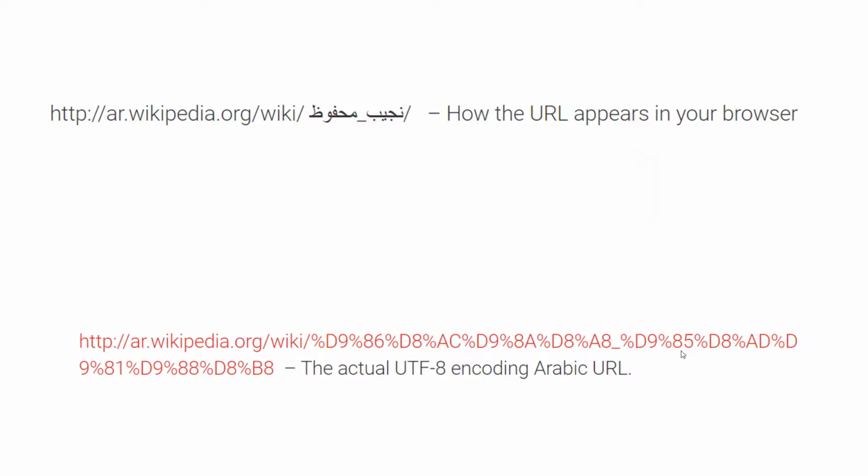Number 4 relates to issues with Arabic URLs. So oftentimes, because of how Arabic URLs or the address of the page is encoded in Arabic, there's problems that come up when either you're sharing those URLs or you're linking to other pages. So Arabic URLs, like you can see at the bottom of my screen there in red, are encoded in a very unique way. And oftentimes, if that encoding doesn't happen the proper way, it can cause issues with getting to that page or the page rendering properly. And so that's definitely an issue that we see come up oftentimes, and there's a lot of different ways we can fix that depending on the situation.